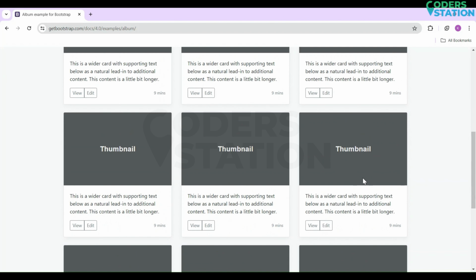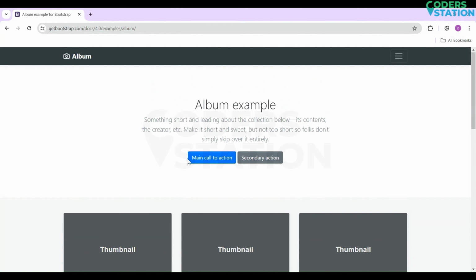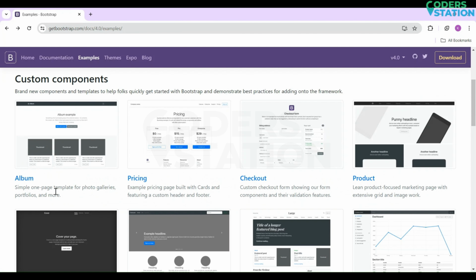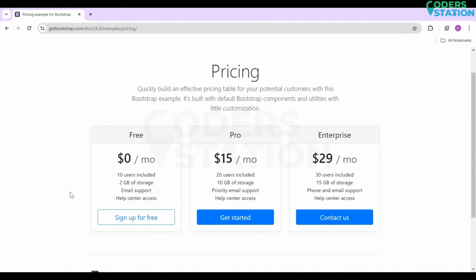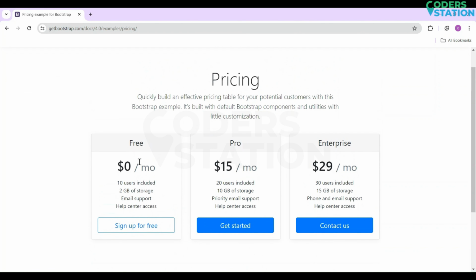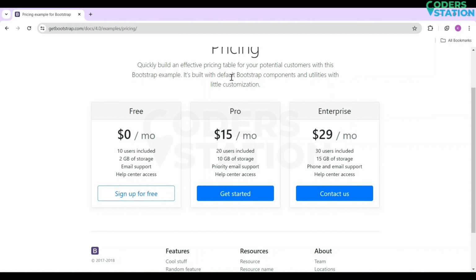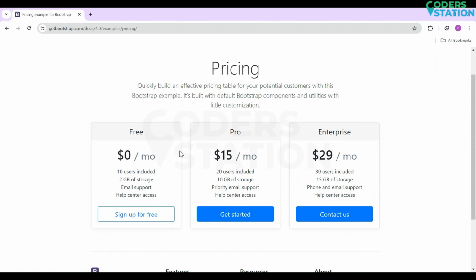Here in the thumbnail you can show the images, the pictures of what you want to represent. Here you have the description, you can view it, edit it. So it provides various functionality and features for using albums and different kinds of structures. For example, we have our next example, which is pricing. Every e-commerce website needs pricing. If you want to use pricing somewhere in your website, you can go with Bootstrap. You will get this for free. You just have to embed its code in your website. You can even customize it according to the documentation available in Bootstrap.